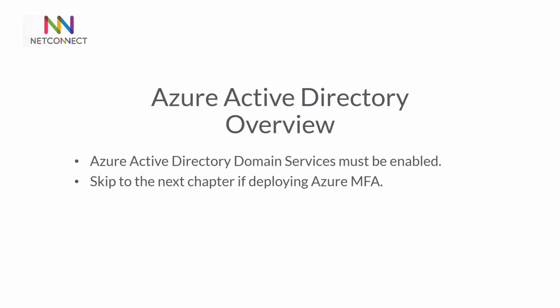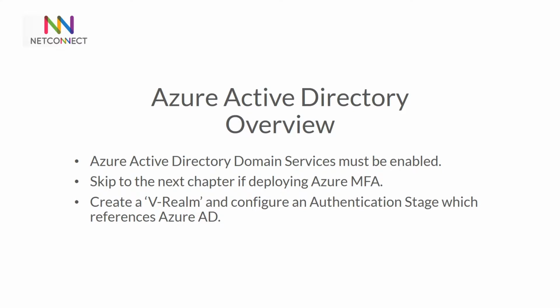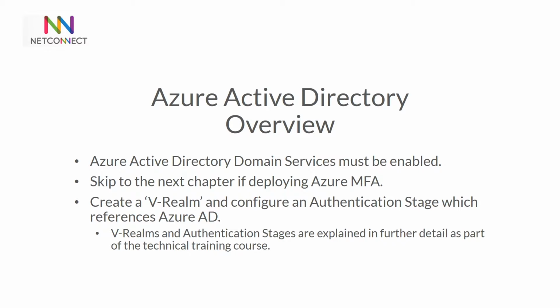Now, to bind your NetConnect instance to your Azure AD, we'll need to set up a new vRealm with an authentication stage that references the Azure AD. This essentially links your NetConnect instance to the Azure AD store to allow users to log in. We're going to run through several sections of NetConnect that are explained in more detail in the training program, so if you want to understand more about the concept of vRealms and authentication stages, please be sure to run through